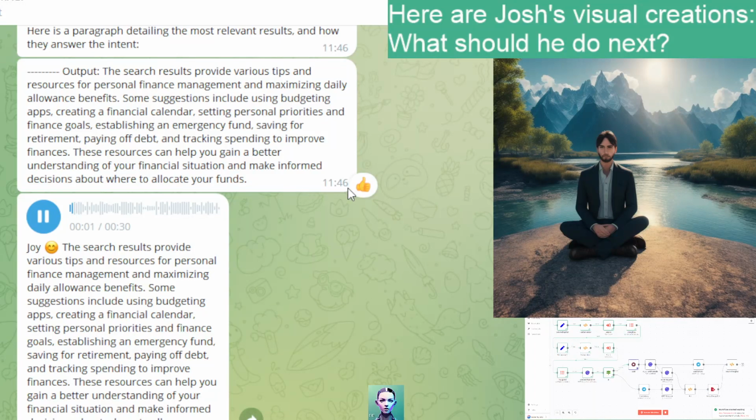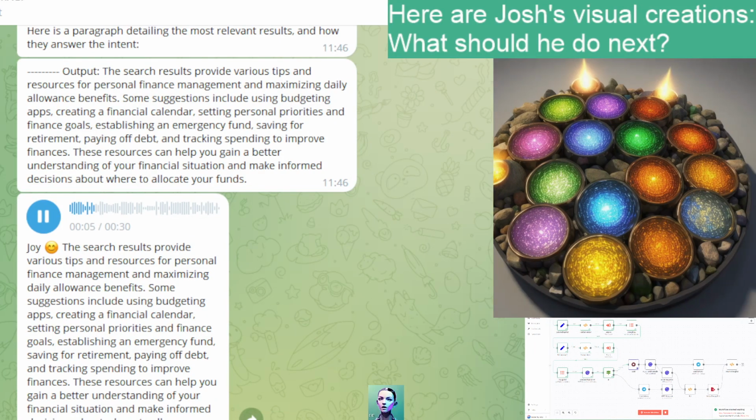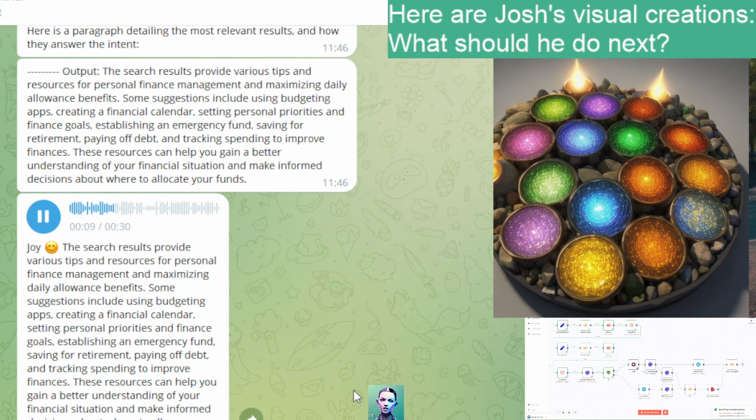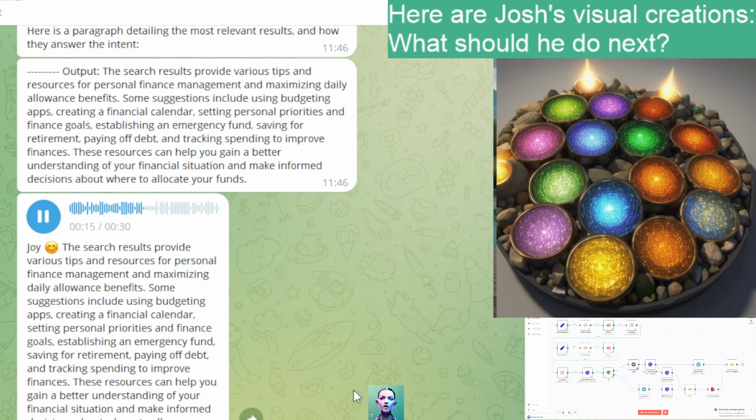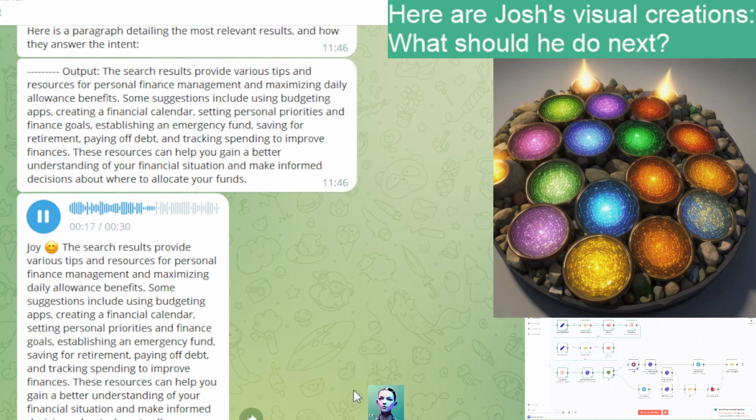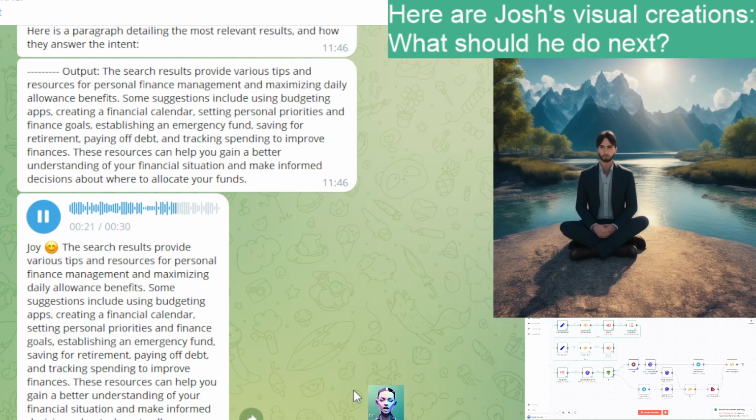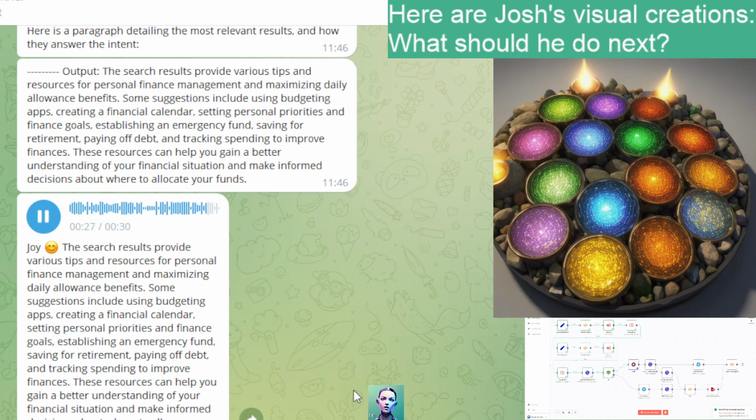The search results provide various tips and resources for personal finance management and maximizing daily allowance benefits. Some suggestions include using budgeting apps, creating a financial calendar, setting personal priorities and finance goals, establishing an emergency fund, saving for retirement, paying off debt, and tracking spending to improve finances. These resources can help you gain a better understanding of your financial situation and make informed decisions about where to